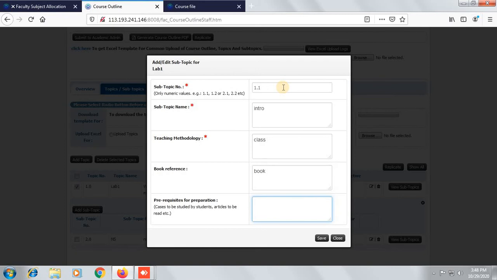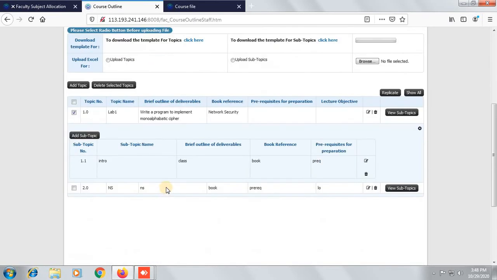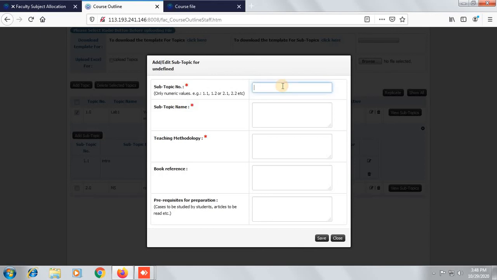You can provide the list of books, prerequisites, and then save. So we have inserted one subtopic under this topic. If you want to insert another subtopic, again click on add subtopic. Now it will be 1.2. Subtopic name will be definition. You can provide all these details and save.